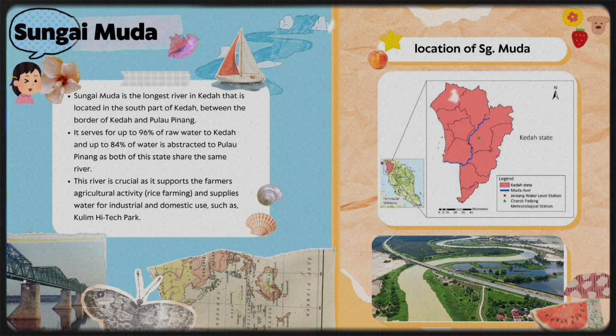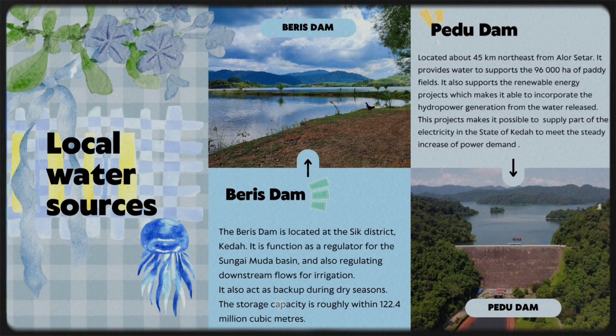Also, there are two other local water sources that can be found in Kedah, such as Beris Dam. It functions as a regulator for the Sungai Muda basin and also regulates downstream flows for irrigation. It also acts as a backup during the dry season. The storage capacity is roughly 122.4 million cubic meters. Beris Dam provides water to support the 96,000 hectares of paddy fields. It also supports a renewable energy project, which makes it able to incorporate hydropower generation from the water release. This project makes it possible to supply part of the electricity in the state of Kedah to meet the steady increase